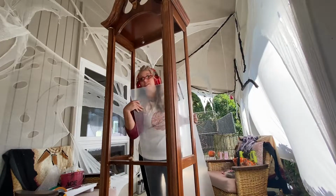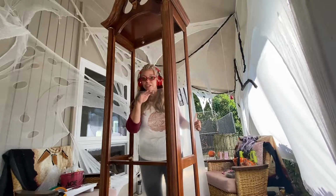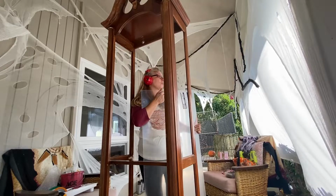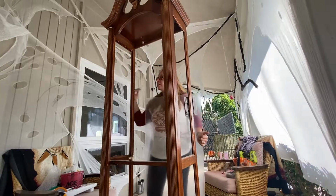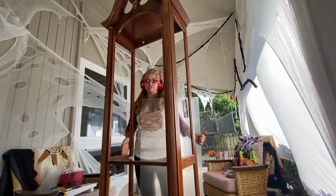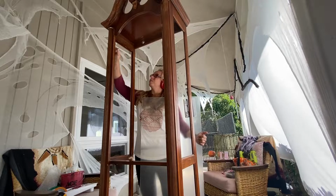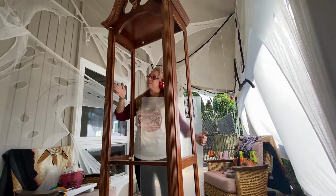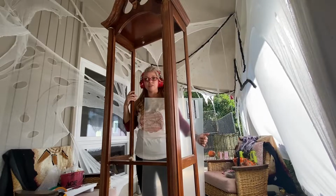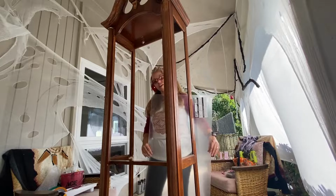So the whole goal is to print out a picture of a clock and put it on here, and the projector will be in here facing out that way, and you all will see this front side. The sides I'm going to use fabric for now, just so there's ventilation for the projector. I could probably put wood in it and even drill some holes for ventilation, just to keep it a little bit more weatherproof. But for now, I'm doing this as fast as I can